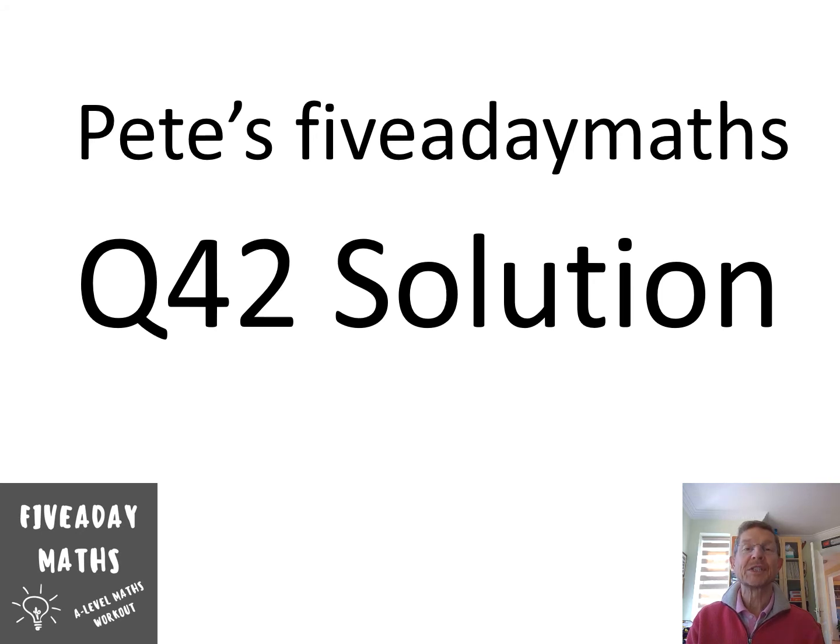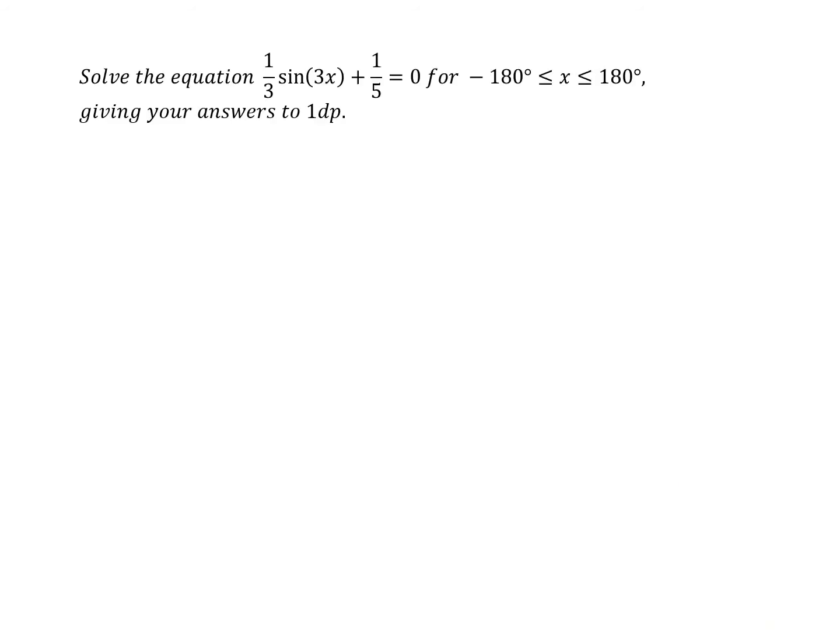So question 42 now, a trig equation with many answers. So the first thing I'm doing here is simply taking the 1/5 over to the other side of the equal sign, like so, then multiplying both sides by 3, and then taking the arcsine of each side to give me 3x is arcsine of -3/5,